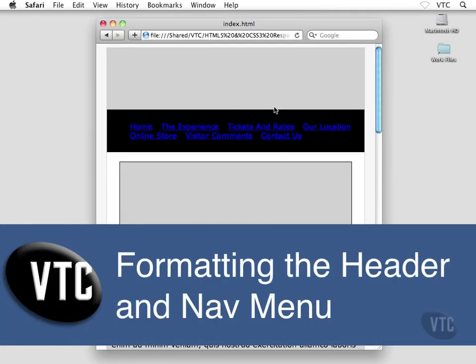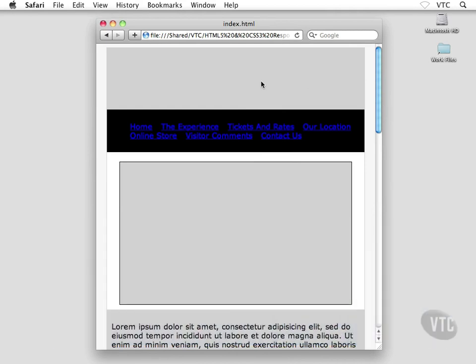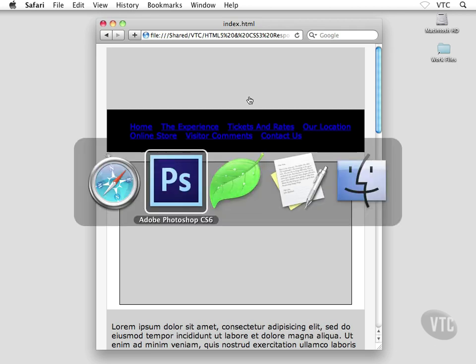Okay, let's go after the header. Now, before we actually go after the header, there's two RGB color values that we need to have handy. The background for the header, and we may as well grab the orange color for the main navigation menu. So if you don't have them still jotted down in front of you, once again, what you could do is